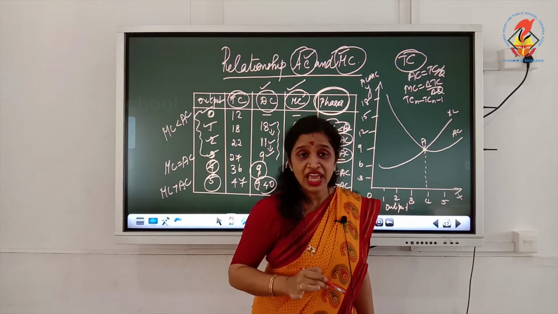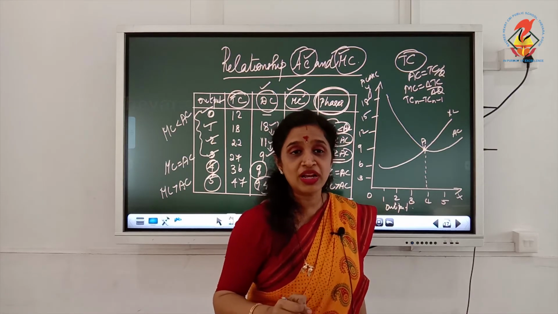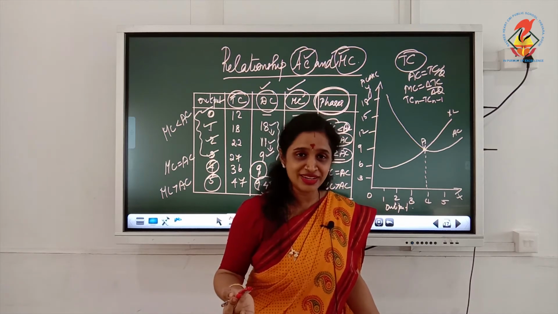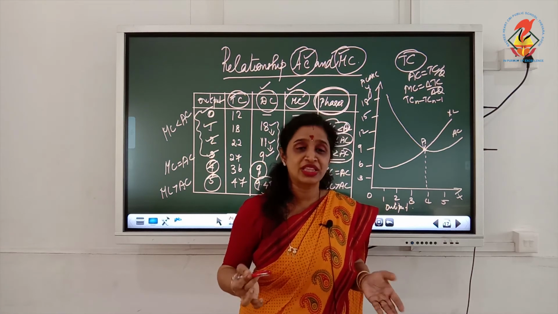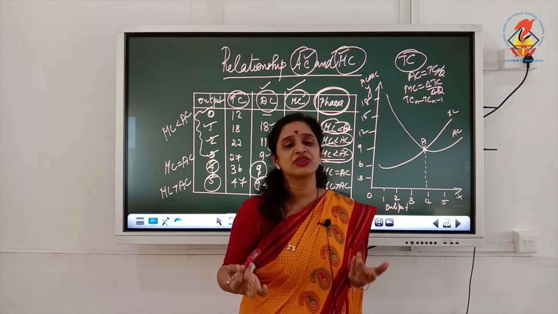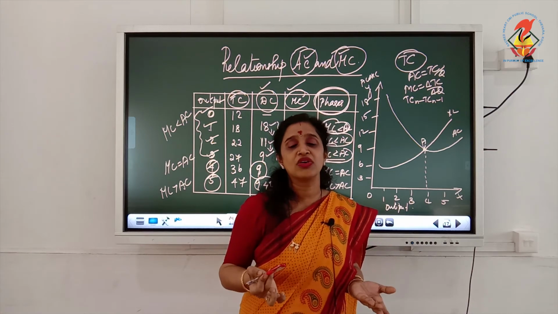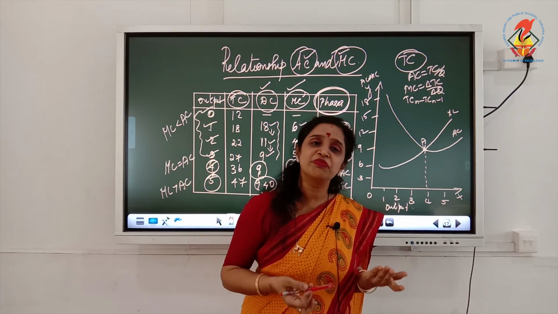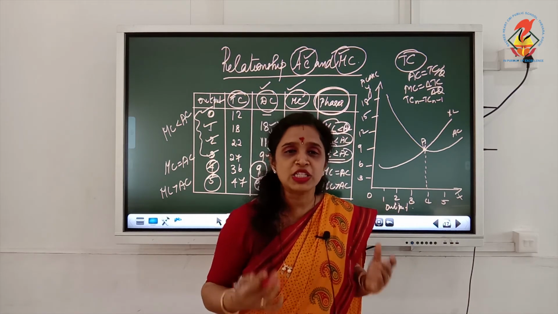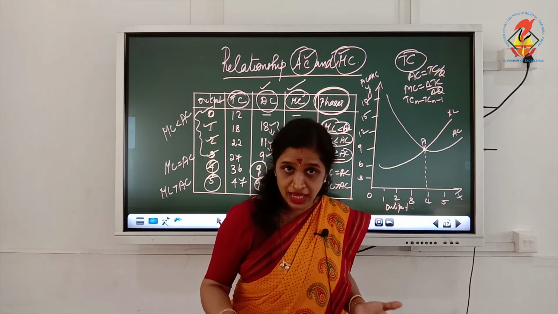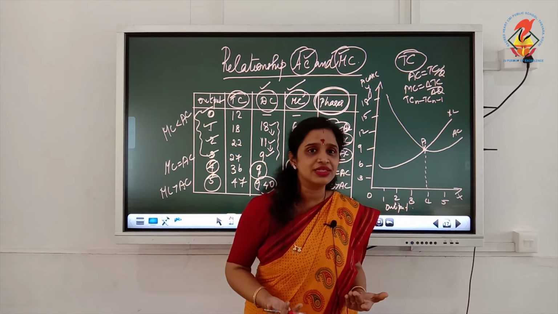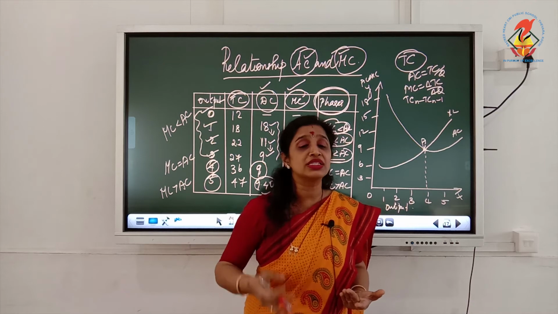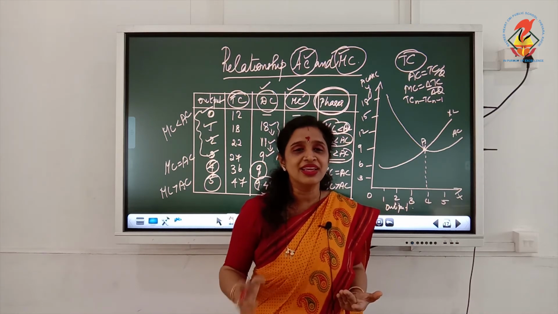Why? Because any addition, its difference will clearly affect the per unit average. That is a basic logic, isn't it? Any change in the addition will reflect the per unit cost also. So a change in the additional cost will always affect the per unit cost. That is a simple explanation for that. So long as MC is less than AC, AC will fall. So once again I am telling, so long as MC is less than AC, AC will fall.